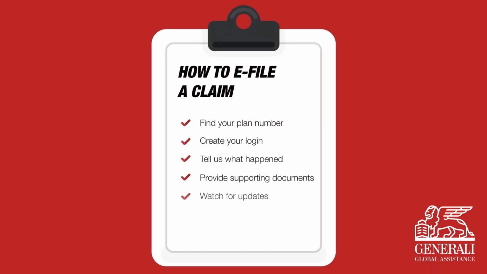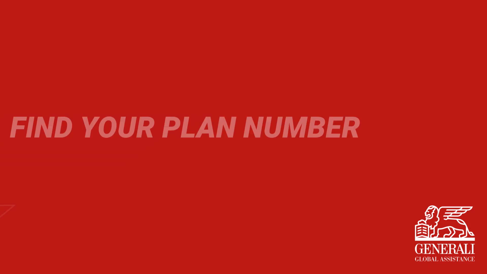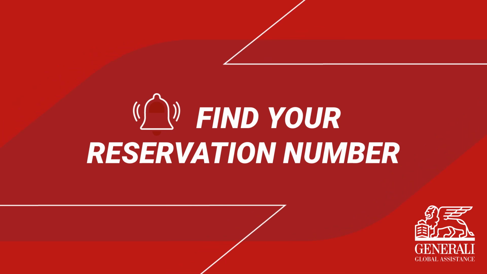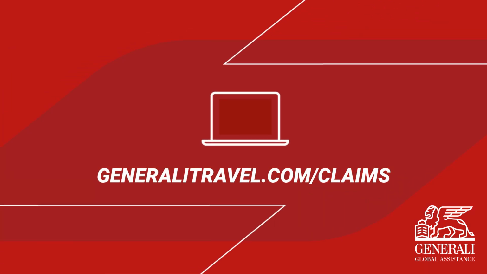First, you will want to find your plan or reservation number. You can find your plan number in the plan confirmation email that you received when you purchased your plan. If you purchased your plan through a vacation rental provider, you will use the reservation number that you received when you booked your stay. Once you have the number that you need, visit